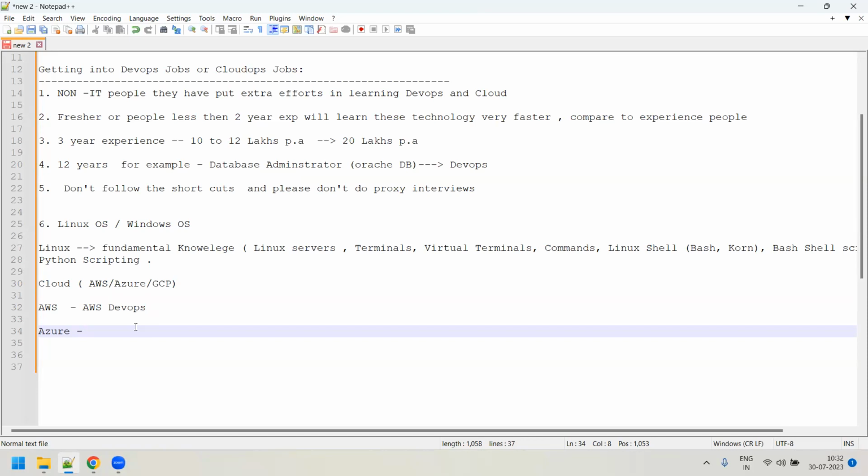But slowly the trend is changing, and more and more companies are switching to Azure. To be very frank, many companies have shifted their base from AWS to the Azure cloud, because they are getting a lot of features and everything. But I would tell you one thing: Azure is a little costly. The billing is a little costly compared to AWS. But still, many companies have switched all their platforms from AWS to Azure.